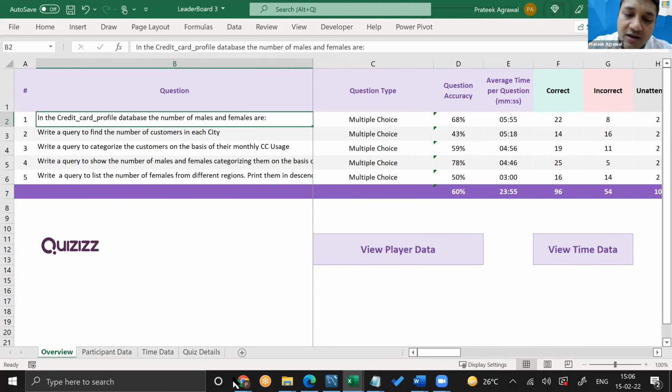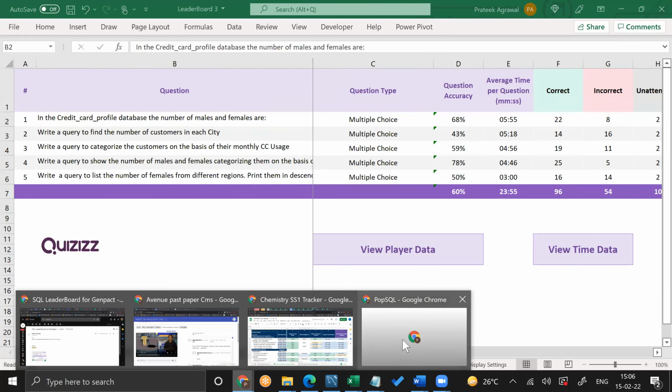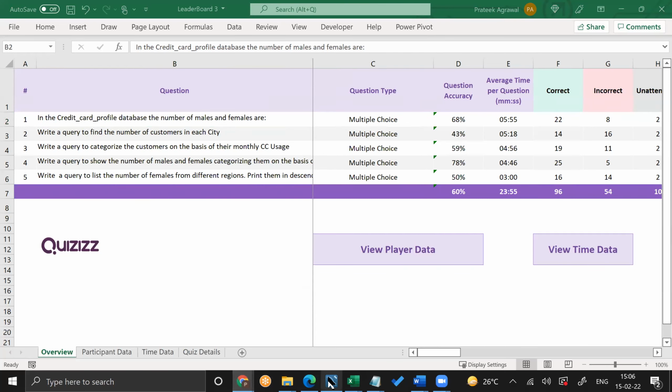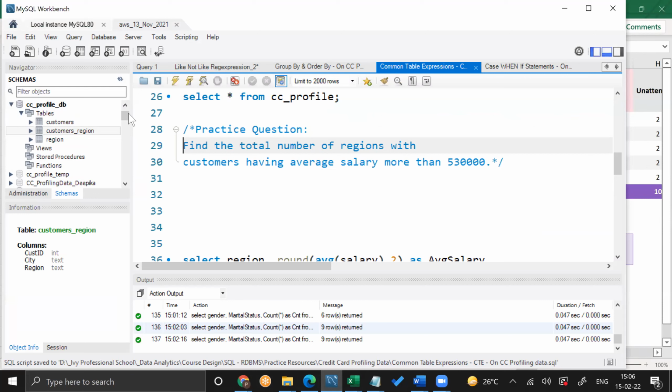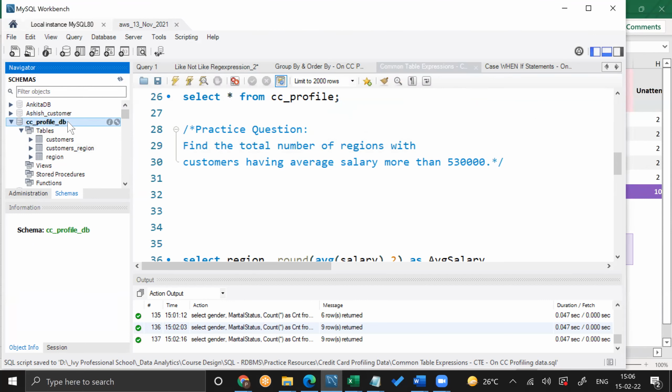I get your point. I was facing the same issue, but I made the credit card as CC, which was the profile name, but still I faced the same issue. See, if you remember, in the class we discussed the same database multiple times. It was cc_profile_db. Yeah, I have used that only. That's fine.